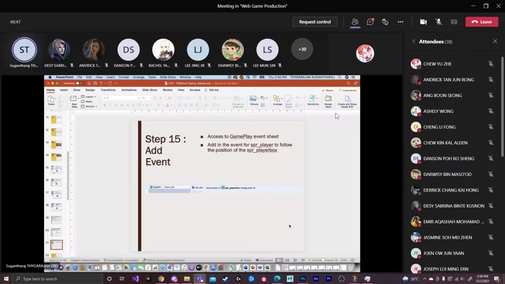So now I'm going to create a first event. The first event is for every tick. For every second, the SPR player is going to set the position to the SPR player box image 0,0. That means wherever the SPR player box is, the SPR player is going to be there.